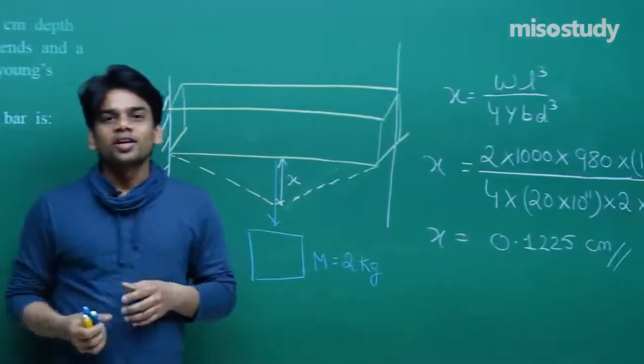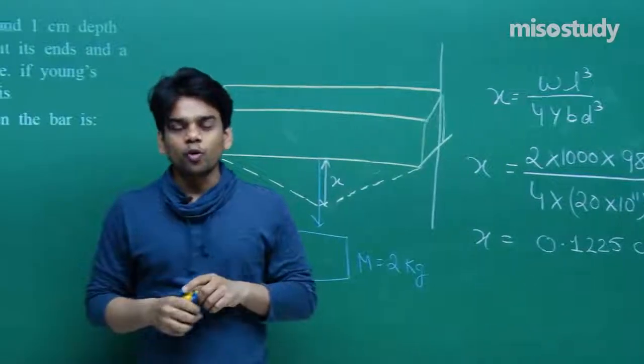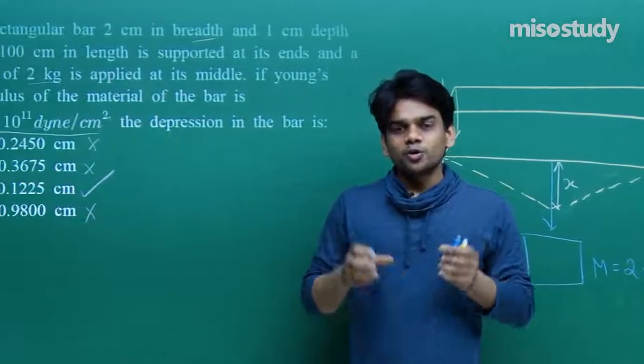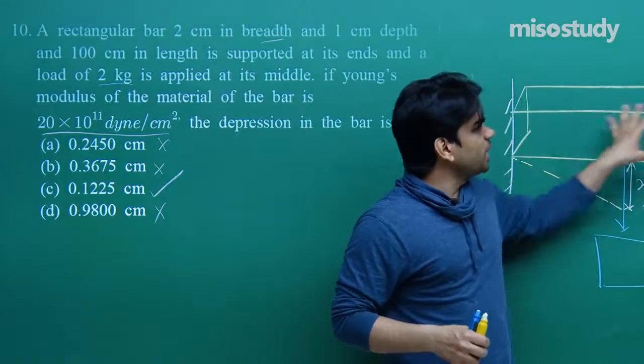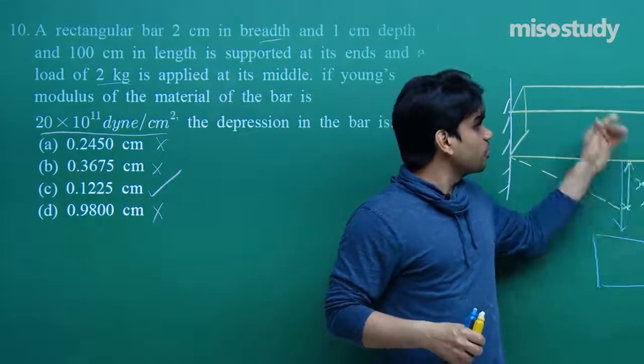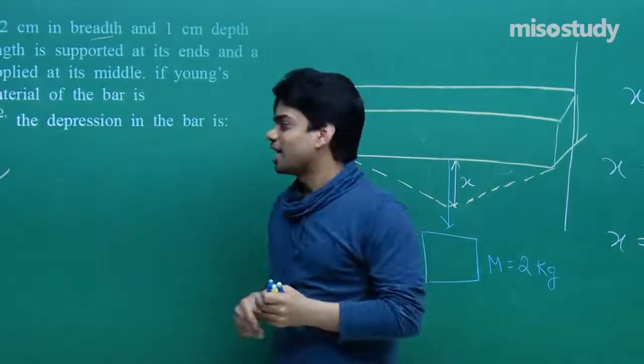I have talked about the girders that we use in our buildings. The top portion you can see on your roofs, on the ceiling of your building, you see the iron girders. That is what actually is used. This actually is a beam, it is working as a beam, and if load is present, how much it will come down. I have talked about its depression in the class also.